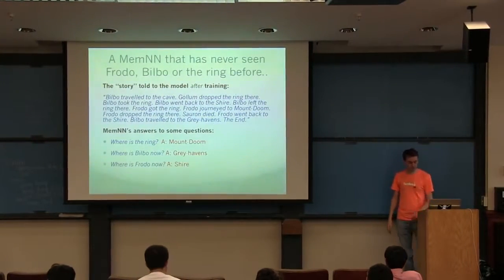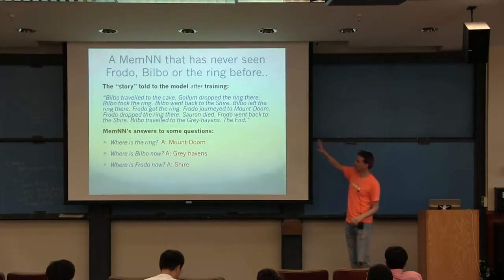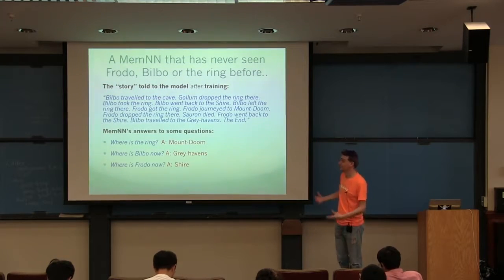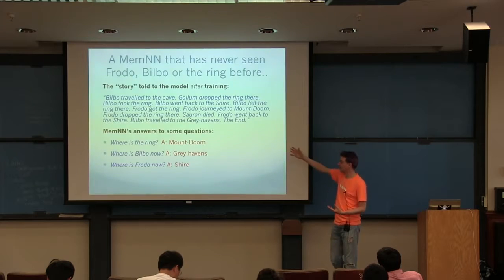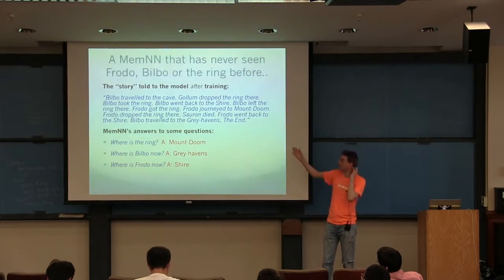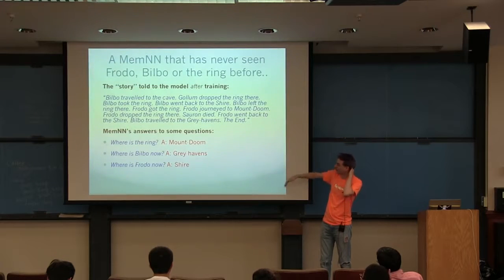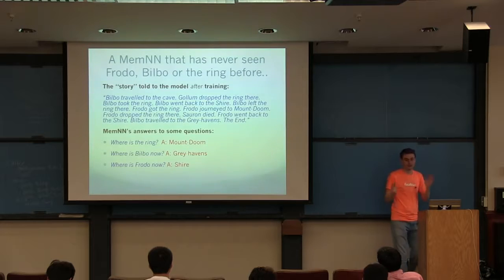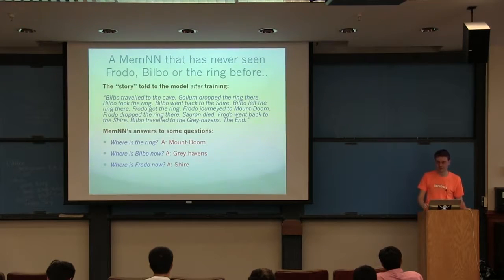And then when we do that, we could at training time not have seen any of these Lord of the Rings words, but at test time it can deal with them by looking at their context to the left and right. So given a story like this, it can answer these things correctly. It's just with the same training from the text adventure game that we had before.